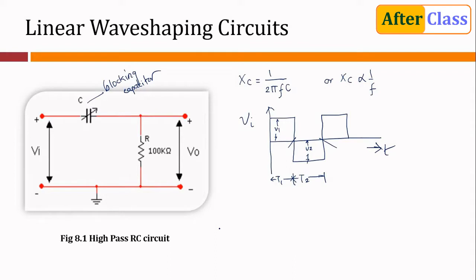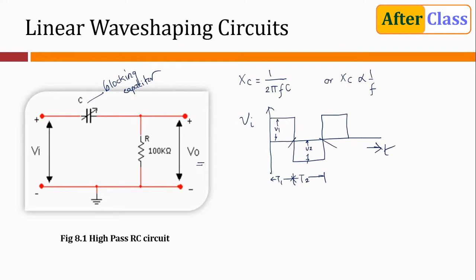Fine. Now the shape of the output waveform is referred to here as linear because of these linear components. The input signal is a square wave, and this circuit is going to change the shape of the input signal, so it is referred to as a wave shaping circuit. Now the shape of the output waveform is the waveform available across these 2 points.